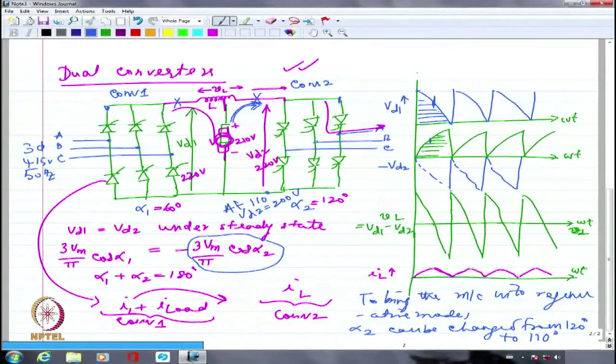Here you didn't have to do any change of connection. All you needed was to shift the firing angle. Originally, which was 120, you have shifted it to 110. Eventually, you might shift it to 105, 100, 95, 90. That's it. Once you have come down to 90, you don't have any more margin left. That is the end of inverter operation. So dual converters,